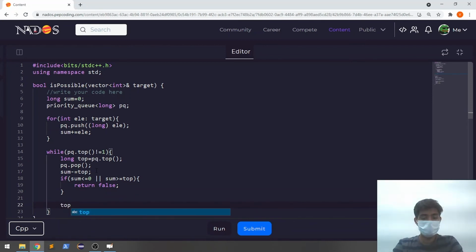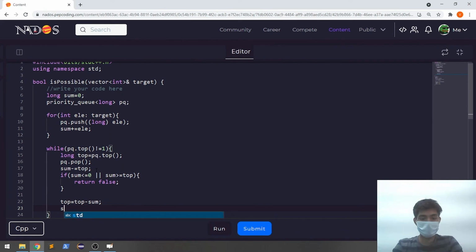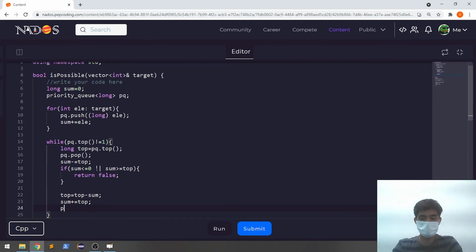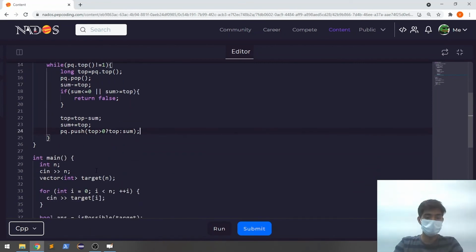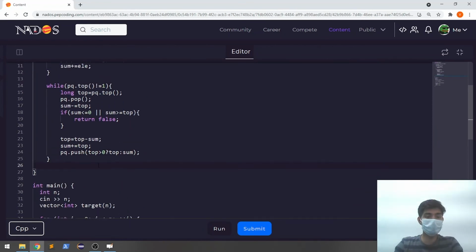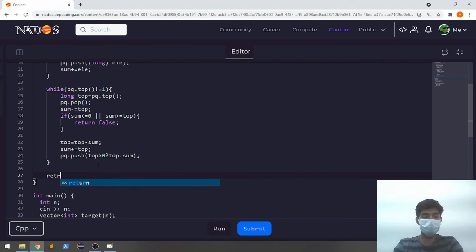Now my new top will be top minus sum, and sum will be plus equals to top, right? Also I have to push this element, so if top is greater than 0, then only I'm going to push top, else I'm going to push sum, right? And if this while loop runs completely fine, then I'll return true in that case. Okay, so this is my code,